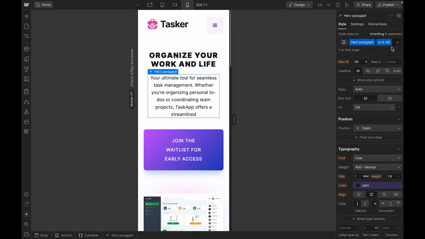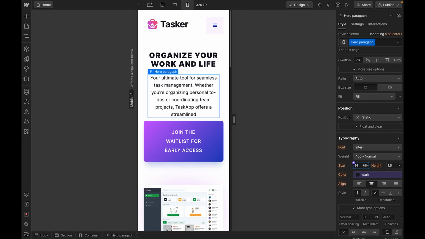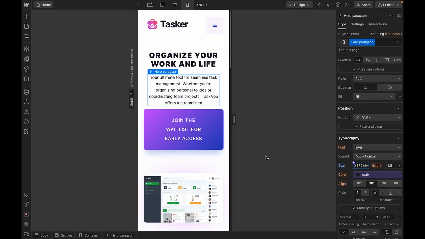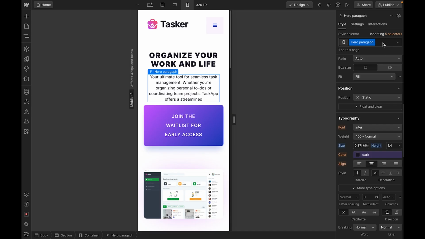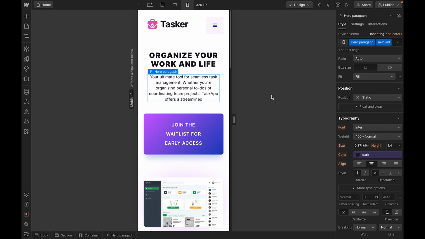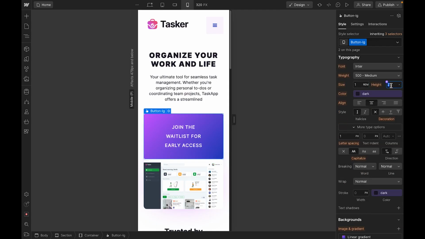And for the hero paragraph, let's first remove this class. Let's adjust 14 divided by 16. Let's try this paragraph, and for the line height, and now let's apply margin bottom 40. And for this button, let's remove margin, and for the text and line height,